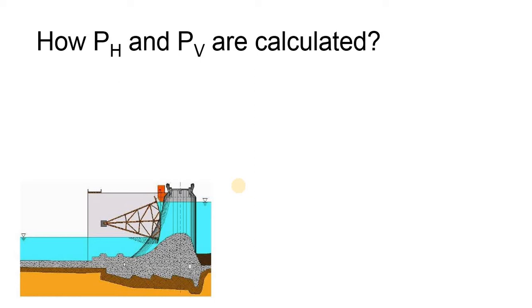Now the question is, in realistic cases, as we can see in a part of a crest gate in a dam, how do we calculate PH and PV, and finally the value of the total hydrostatic pressure? So let me remind you, we are in the last case, the curved case. Now let me exaggerate this portion. Let me visualize this portion into this. You have a free surface. You also have the curved surface, just the curved surface, and you can see this as a perfect vertical and horizontal case here. Now the curvature can be imagined within these dotted red lines.